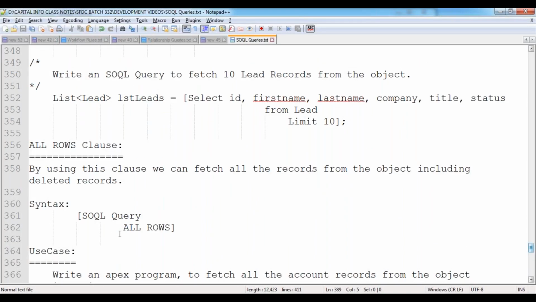Tomorrow we'll see a few more clauses, like the order by clause, offset clause, for update clause, and the wait clause. We'll see a few more clauses also in tomorrow's session. Tomorrow we have the session as usual at the same timings. Okay, no change in the schedule. Sunday will be off. Tomorrow we have the session as usual. Okay, now